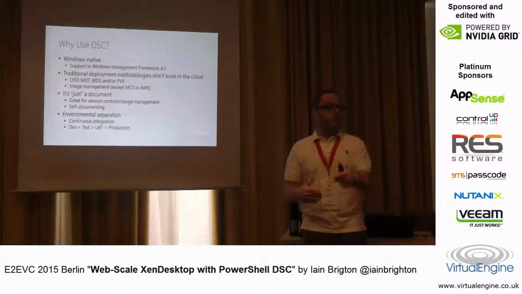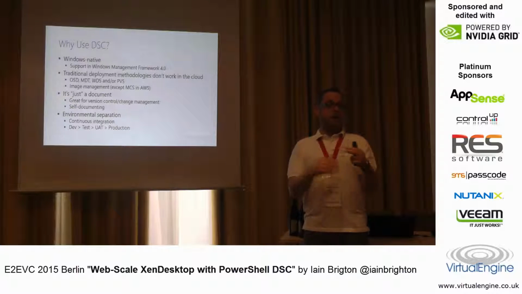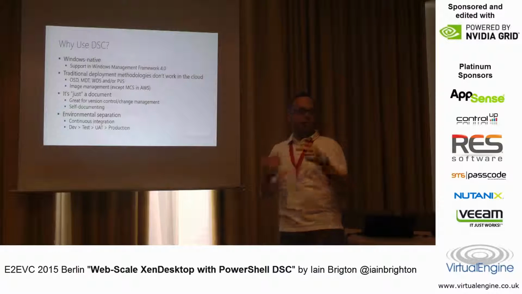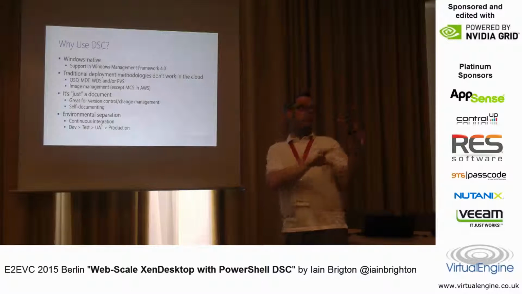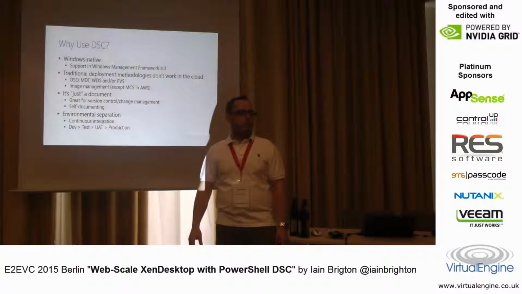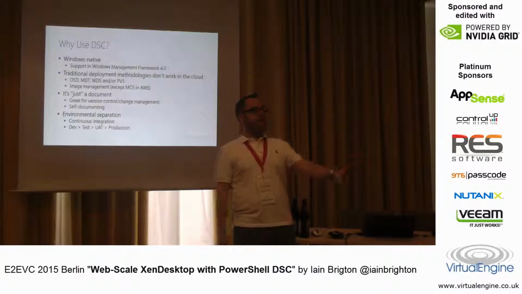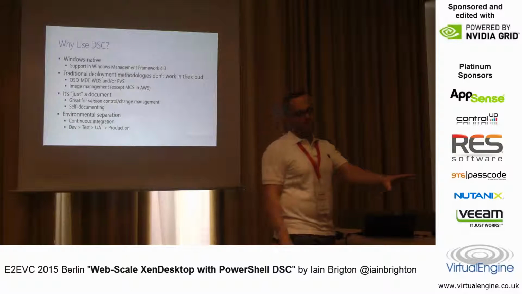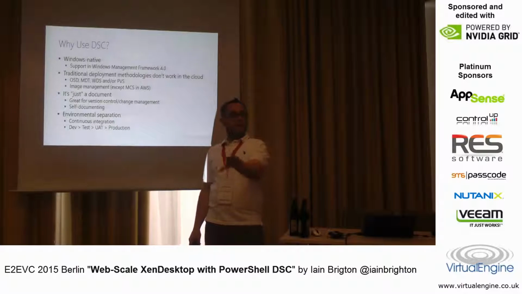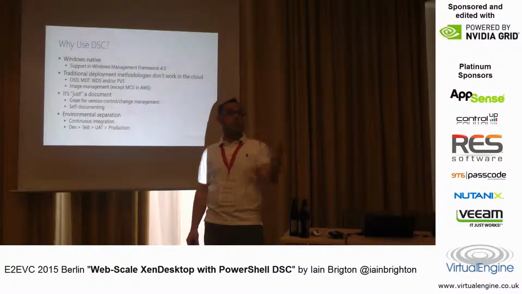If I want to make a change to my environment, I make a change to my configuration document, and I can check that into source control, I can version control it, and I can then take that document through the deployment lifecycle, if you will, deployment pipeline, so I can take exactly the same configuration document from my environment through UAT, through test, and into production. And of course, it's just a text